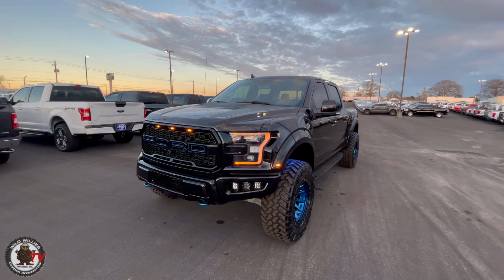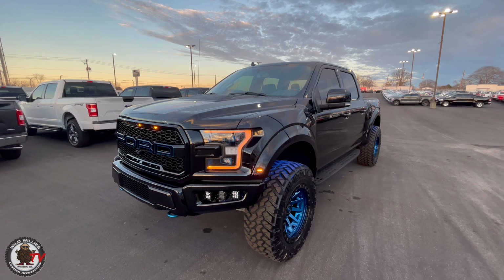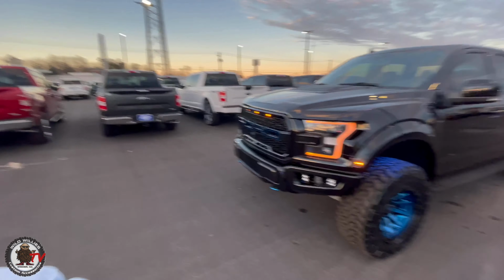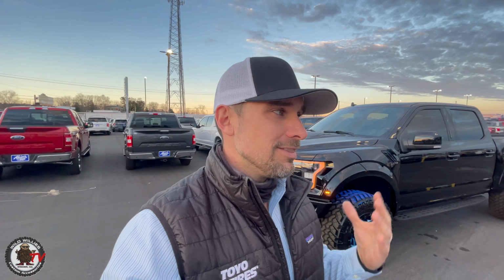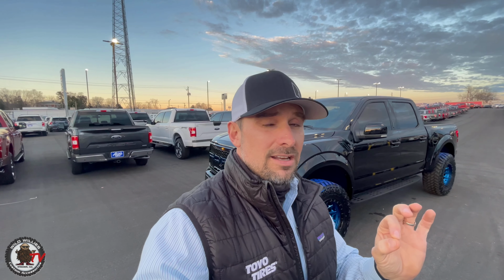So hope you guys have enjoyed this, and I am in love with this vehicle. I thought that the candy red and the black one stole my heart, but this one back here, y'all, is so incredible. Now also keep this in mind, we didn't necessarily have this at the forefront for this vehicle, but it also is a thin blue line